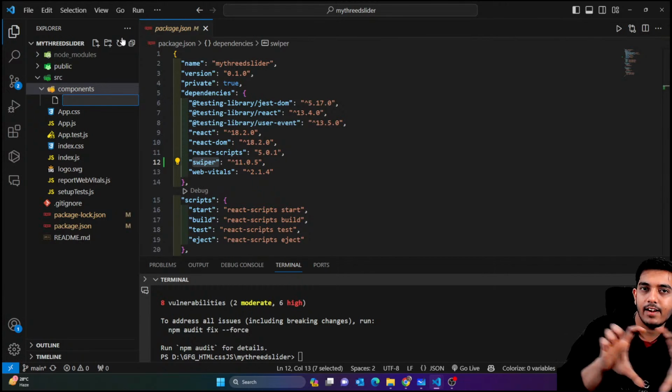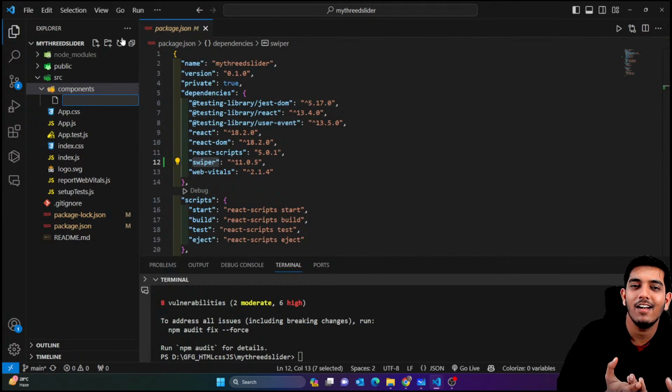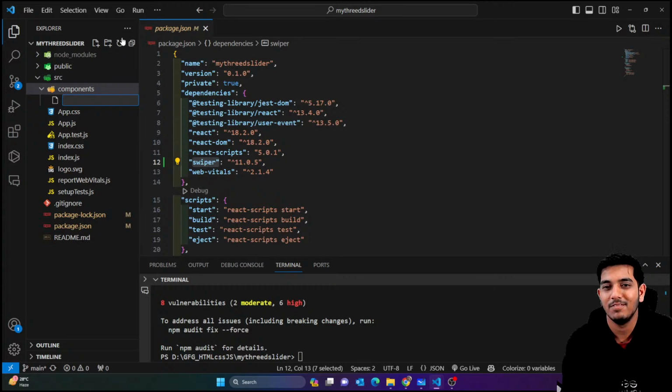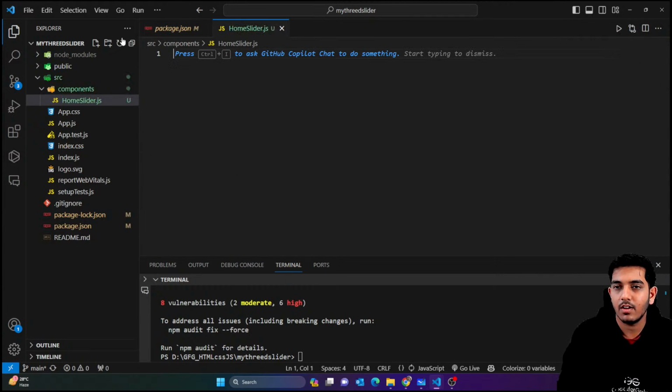show my slider. That means my carousel slider or banner, whatever you want to call it. I'll just call it a slider. So yes, in the components I'm gonna name it Home Slider, something like that. So home slider dot js or home carousel js, whatever you want. So I'm just gonna write here